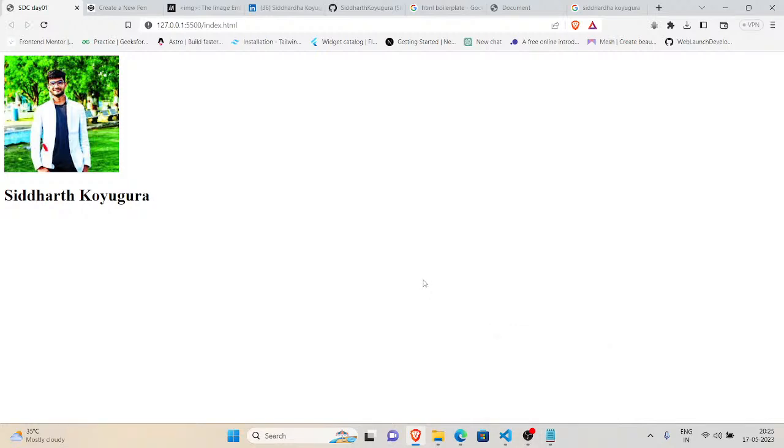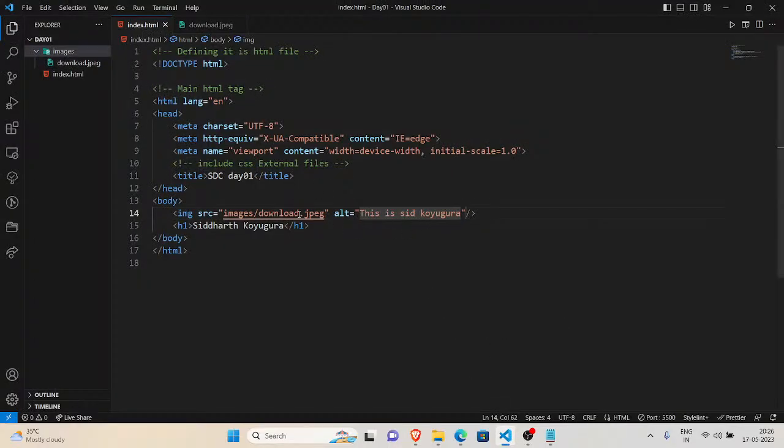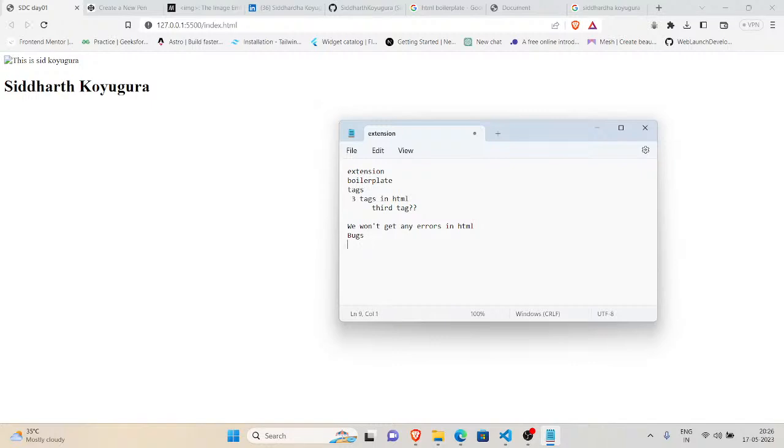Text to be displayed when the image fails to appear. Yes, exactly, Shivakumar. For example, I have misspelled here. Of course, the image is not going to render into our HTML. Instead, there will be this alternative text. Alt stands for alternative. If an image is not rendered into our website, there are a few specific reasons. First one is the path name is incorrect.